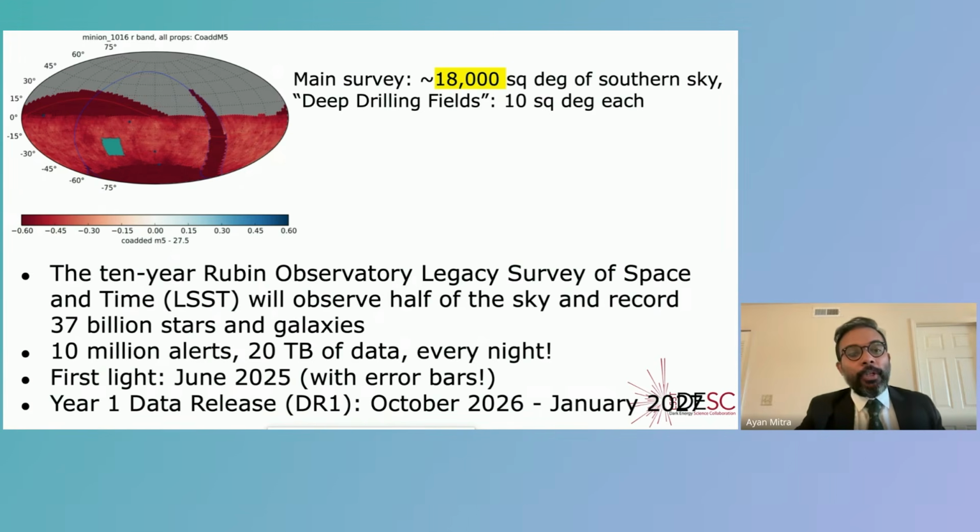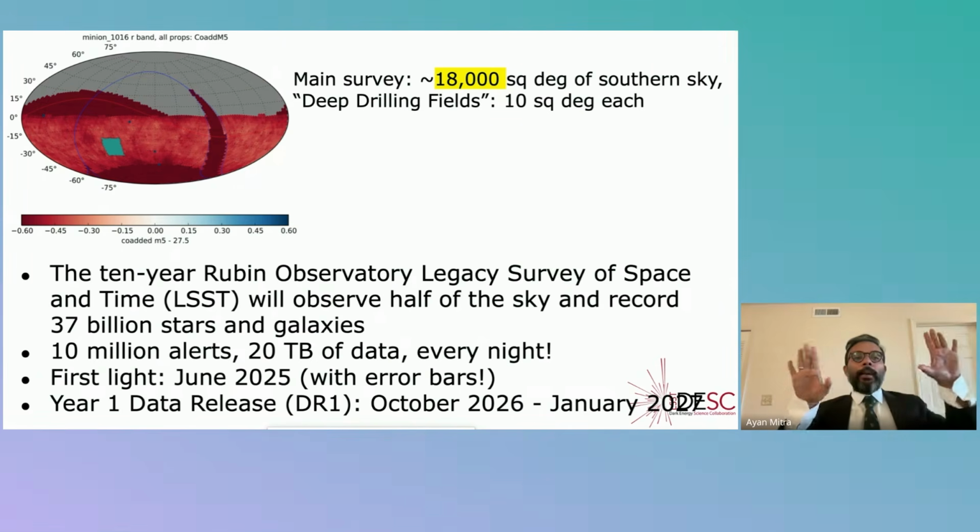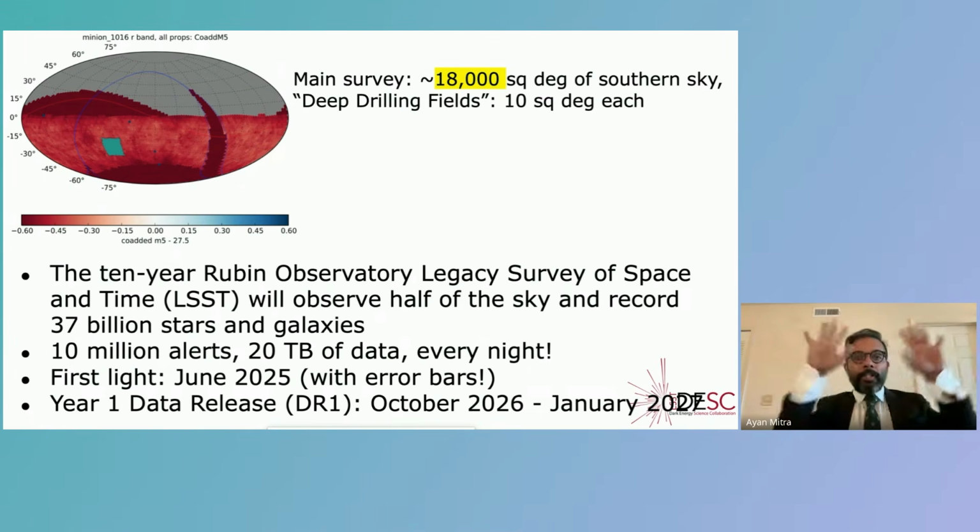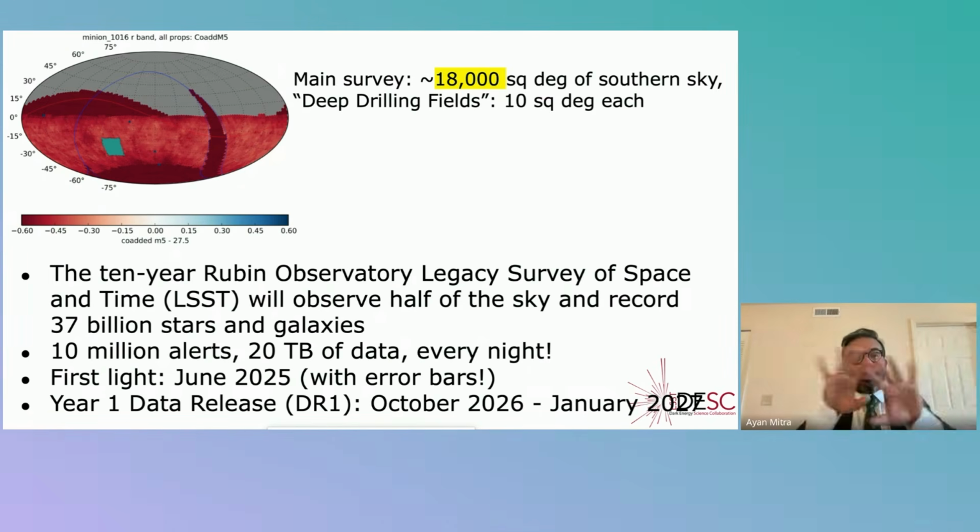The LSST will observe the green patch that you see, and there are also some small dots, those individual points. The difference is the green big patch is a very wide, shallow survey. Shallow meaning it will not go very deep, but it will cover the surface very quickly and do a lot of surveys of that.